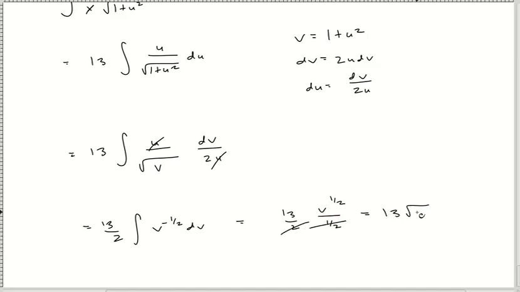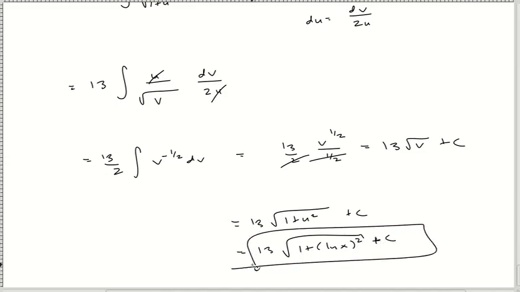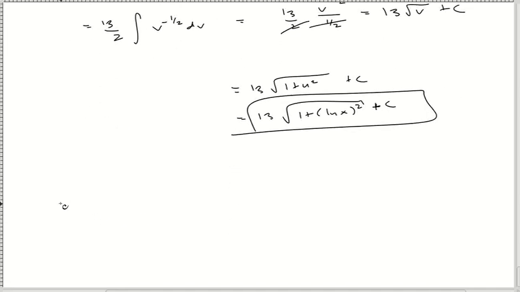square root of v plus c, which is square root of 1 plus u squared plus c, which is, again, 1 plus the ln of x, all squared, and then plus c. There we go. Whew. Next question,